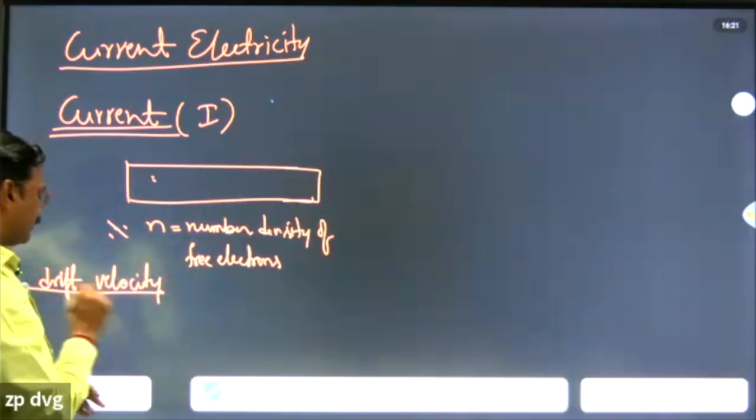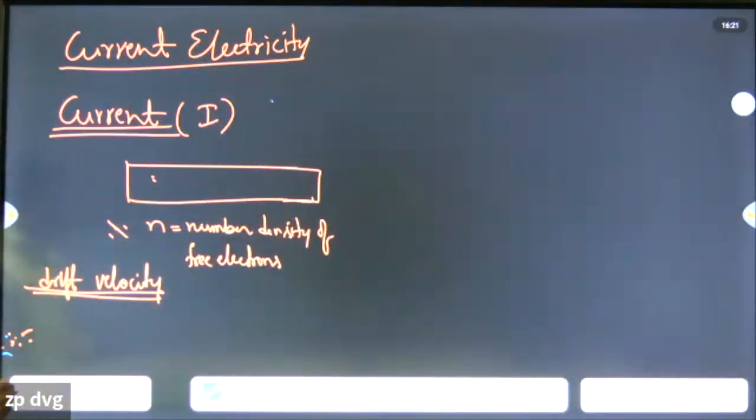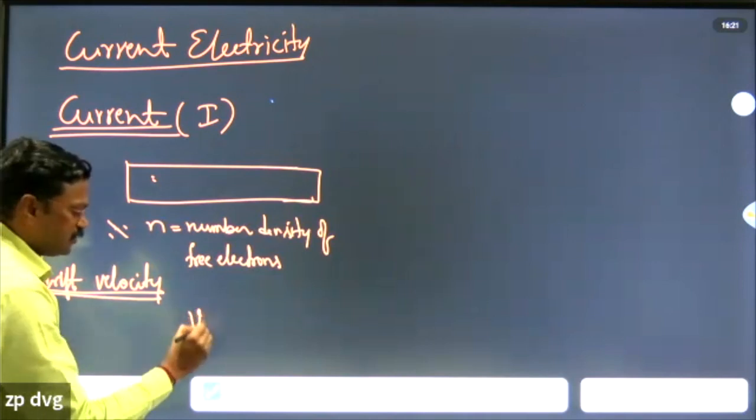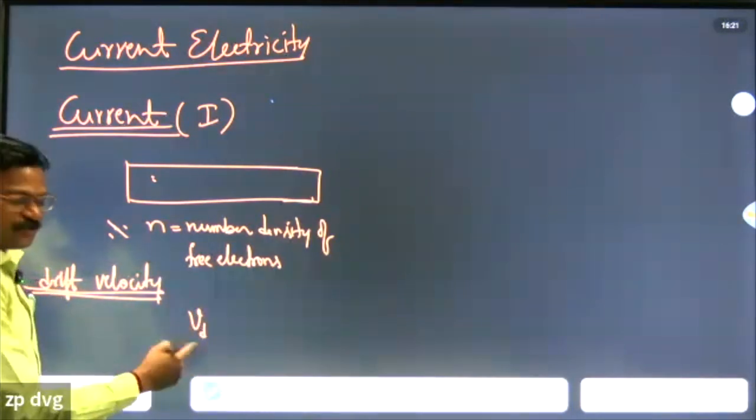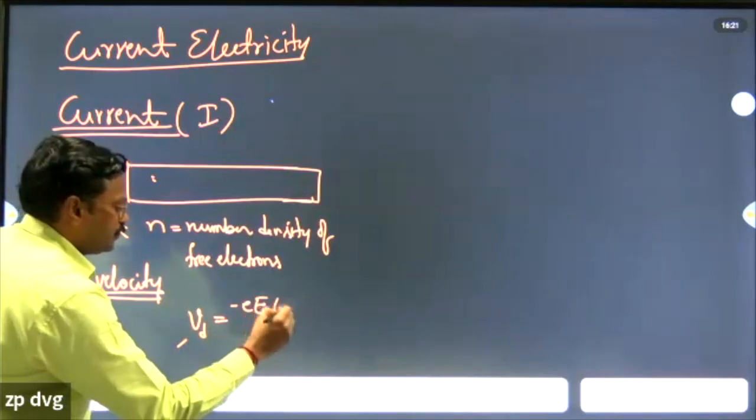Okay, let's talk about the drifting motion. The speed with which they are drifting is called drift velocity. Let us see what is the definition of drift velocity. Drift velocity is represented by the symbol Vd, V subscript d, and Vd is equal to minus eEτ